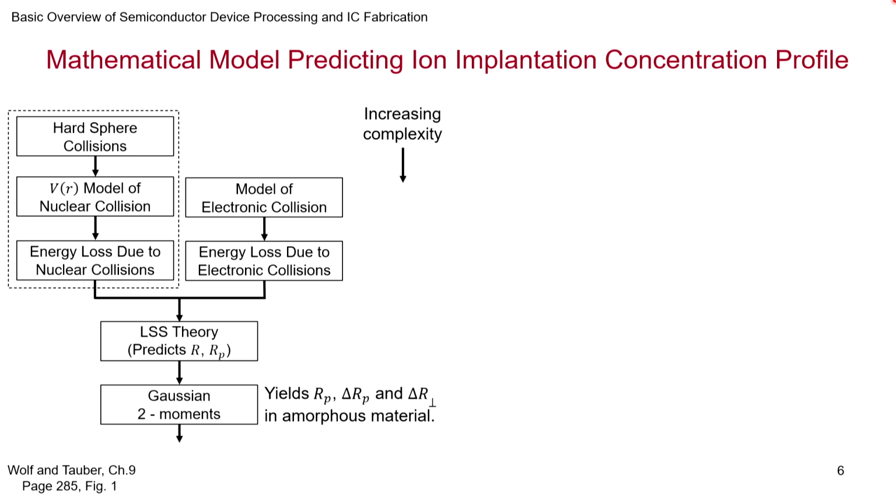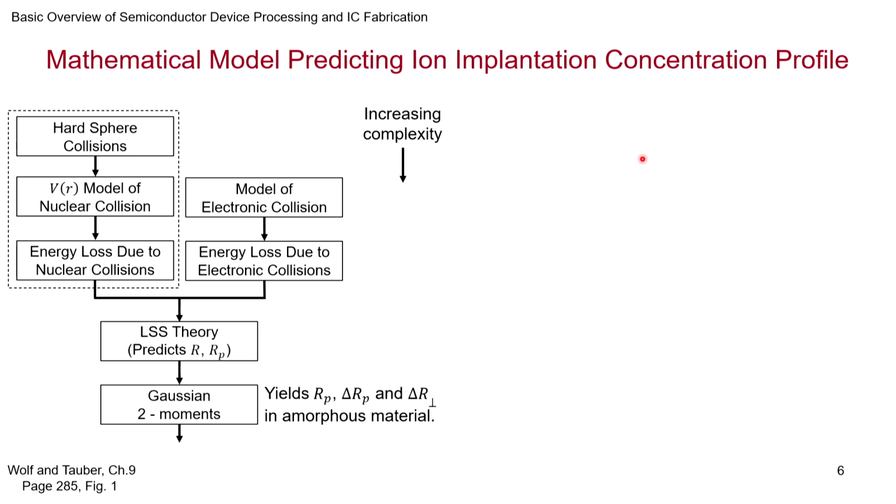But it is not just the nucleus, you can also have electrons which will end up interacting with the ions. Remember that the ion is positive and electrons are negative, so they will also have an interaction, slowing the ion down, and they will also take up momentum from the ion. Typically, this is more predominant in lighter atoms, and the nuclear interaction is there in all the heavier atoms and also in the lighter atoms when the ion becomes much slower.